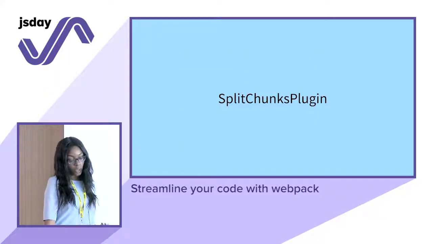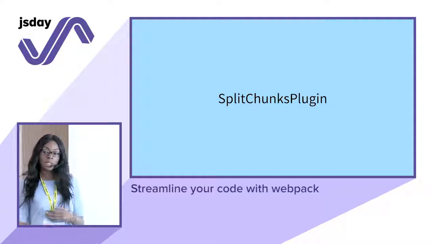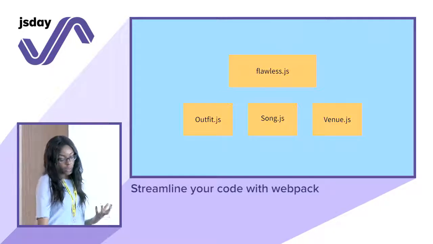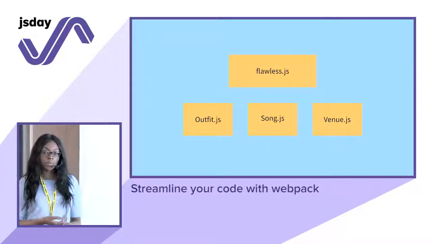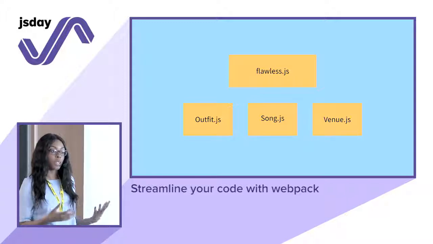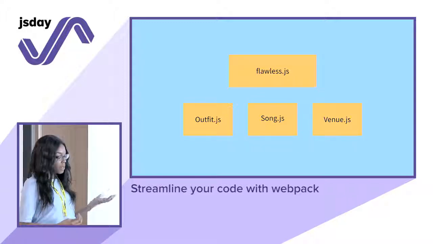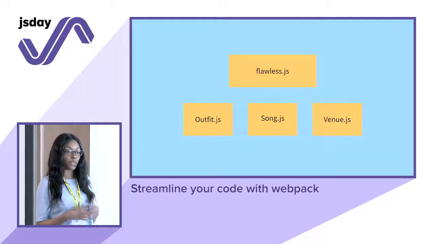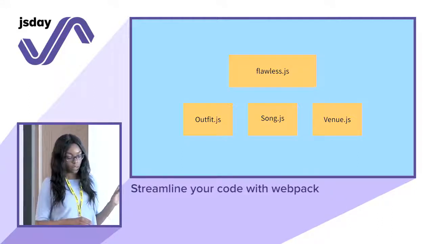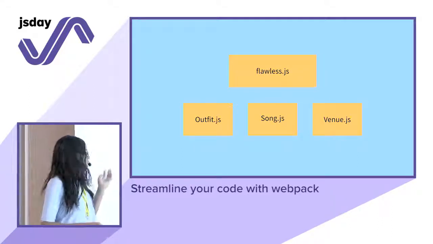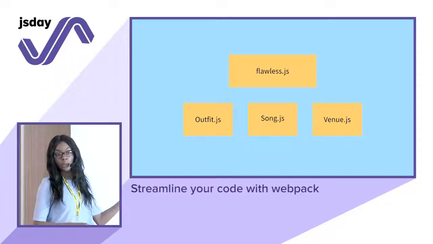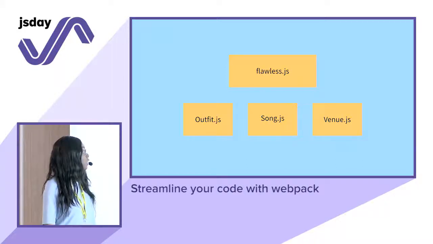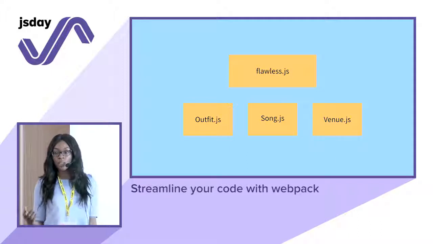One of the plugins that Webpack has is the split chunks plugin to help us with duplication. And when you use this, what you end up with is a 4th bundle and essentially a 4th script tag on your page if it's a web application. The split chunks plugin will spot shared, duplicated modules, and pull that out into a module of its own. So we can import Flawless once onto the page, and it will be reused by each of your other entry points. It's a great way to prevent duplication and make sure that the code that you're sending over to your users is a lot smaller.